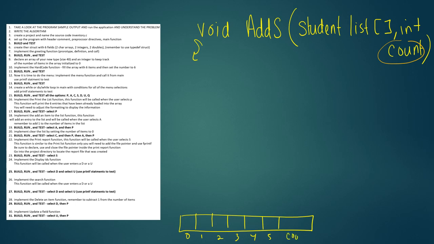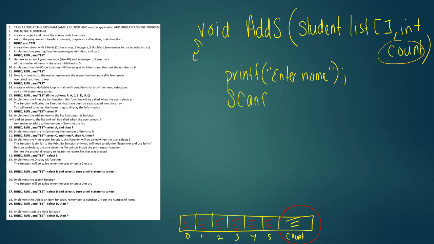So count is going to be the location. These are filled in. So count is going to be the location of the first empty one. So it's very simple. All you need to do is fill in the fields with user input of this one that is the first empty one. And to do that, you would just say printf. Of course, you have to prompt, enter name,